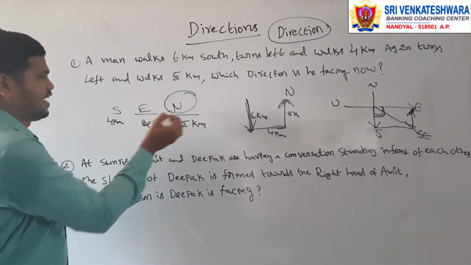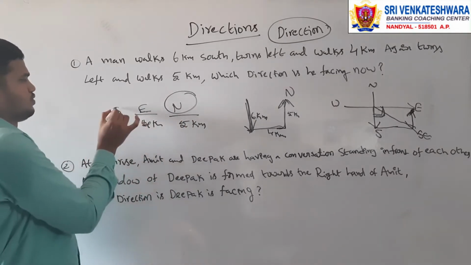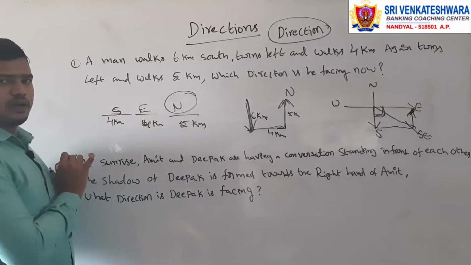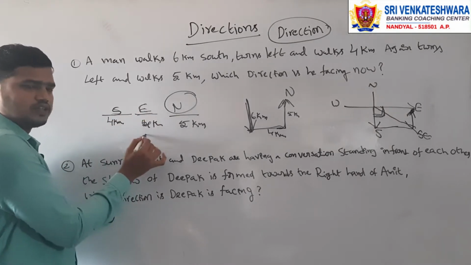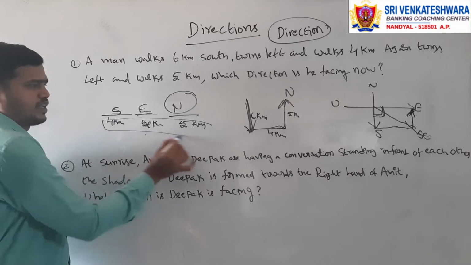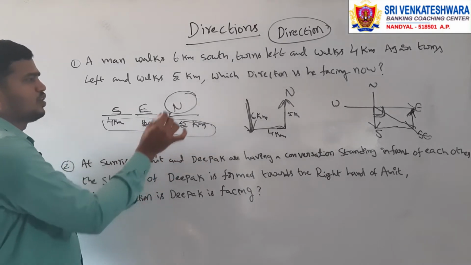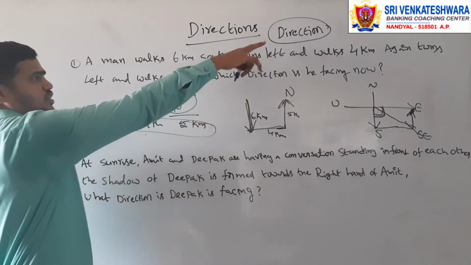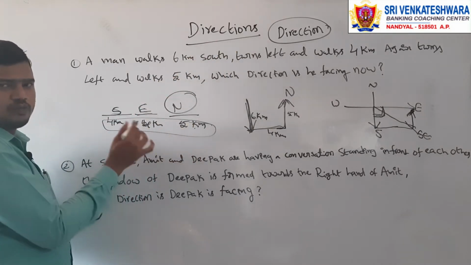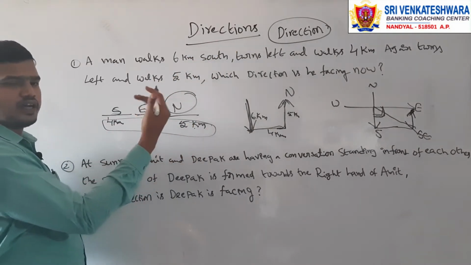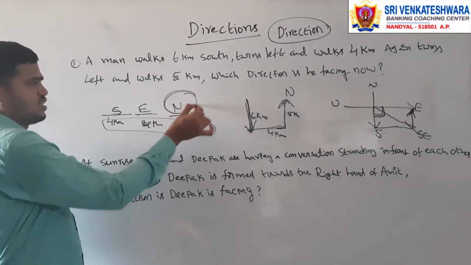In the shortcut manner, this is the initial point, and based upon the turns, just write the direction. Kilometers are not mandatory here. In this type of problem they will ask only the direction, so no need to bother about how many kilometers. That problem will differ from this one. So now the answer is north.